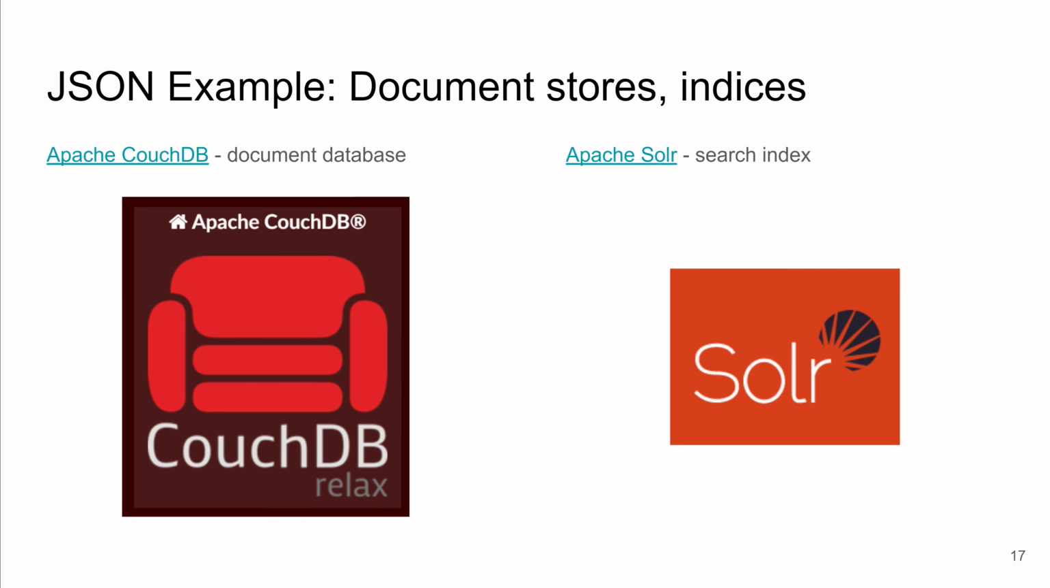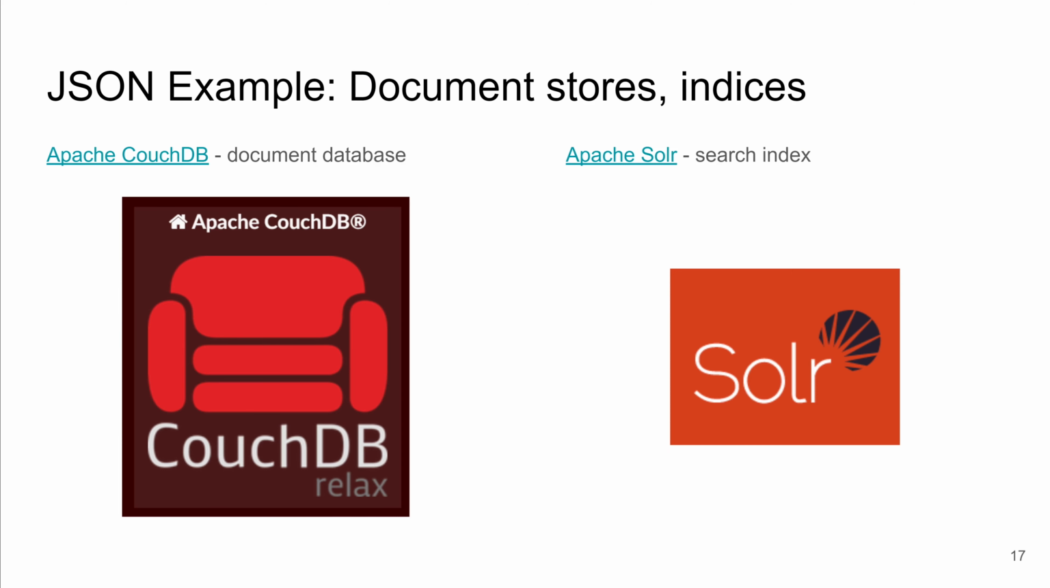Another example of software where JSON is used is, for instance, document stores such as Apache CouchDB, which is a document database. You can store a large number of JSON documents in the database and then retrieve them. Or also JSON is often used for storing a search index. So for instance, Apache Solr, or maybe its alternative Elasticsearch, you may know, those use also JSON as a representation